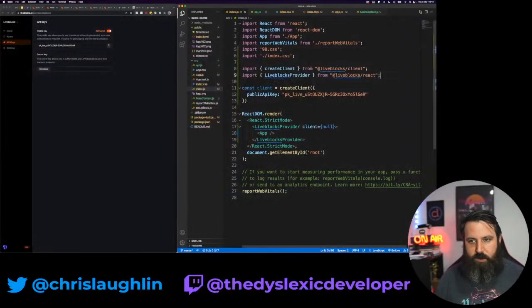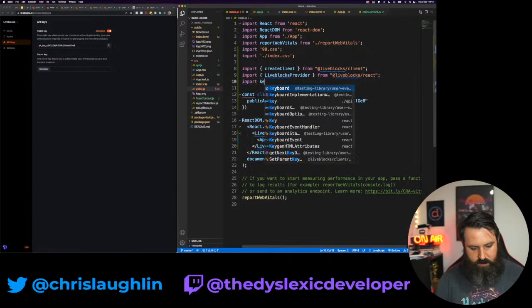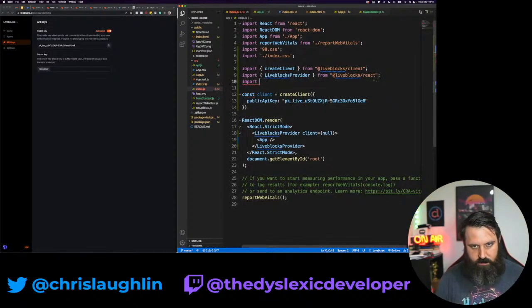Export const key equals. I'm saying this out loud, but you can't see. So yeah, I think I can flip back now. We can flip back here, and I should say import key from slash API. So then this becomes our key.